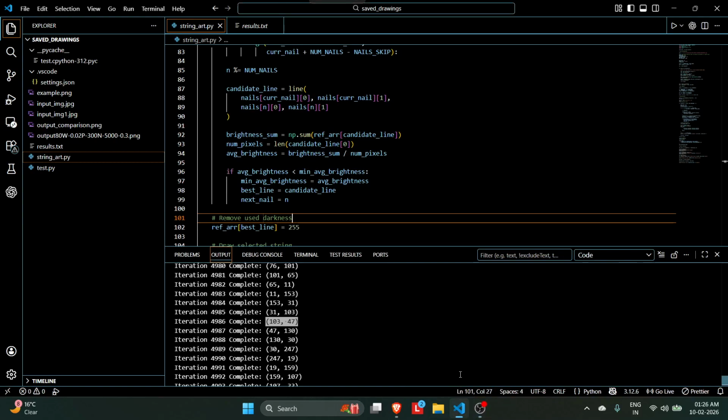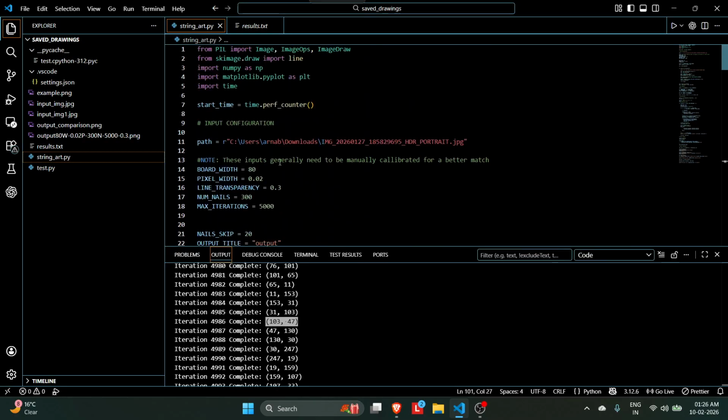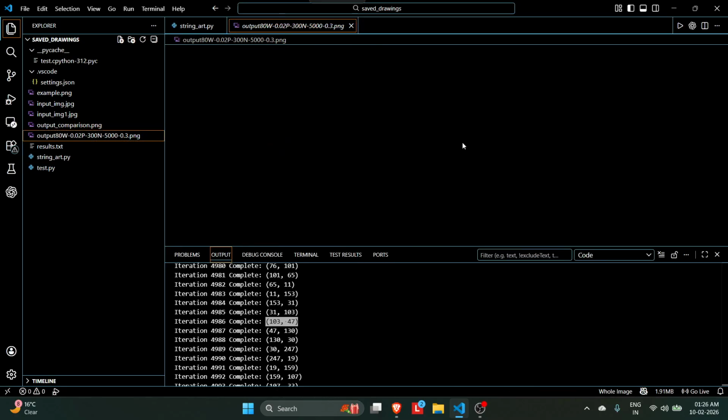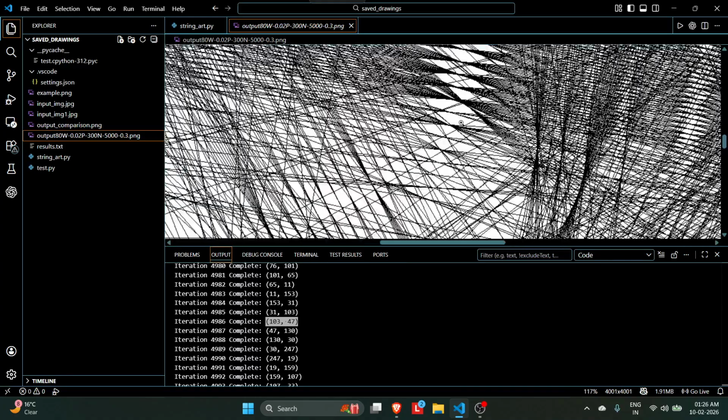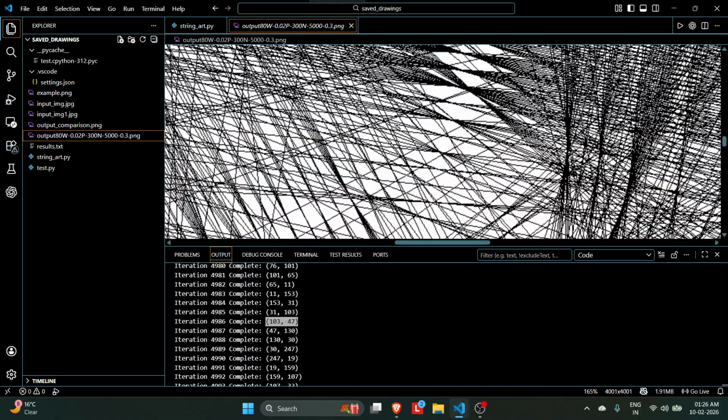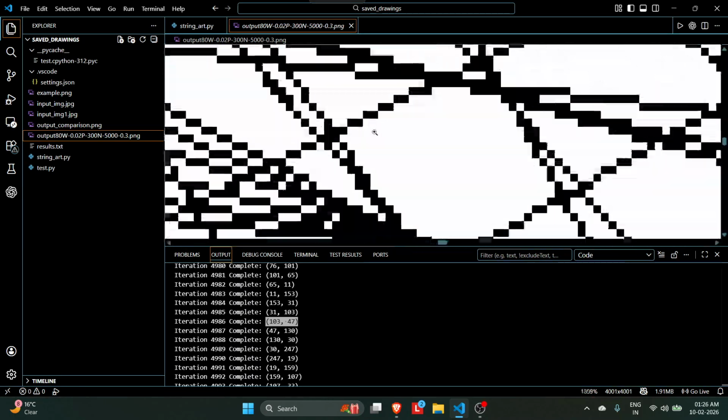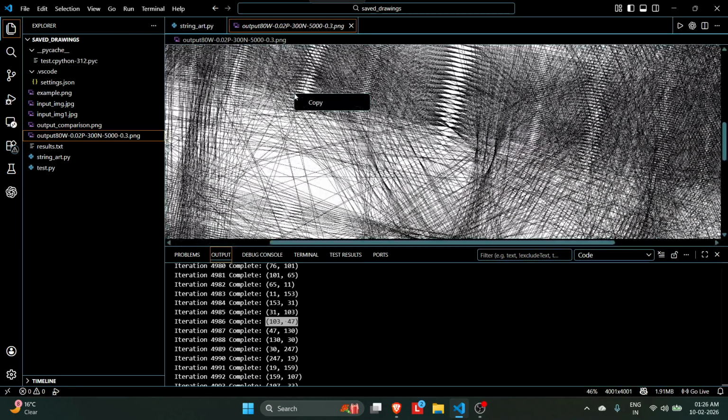So this is my string art program. What it does, it takes an image and converts it into string art like this. As you can see, this is string art. This is the physical form, it is not a string art. You can also call it line art, as it's just made of lines which